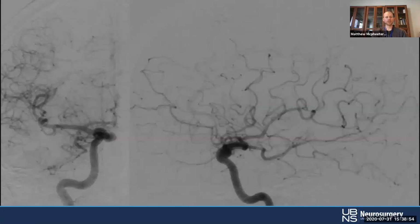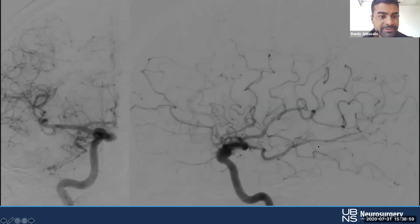Randy, what kind of injection and where do you see an aneurysm on this one? So this looks like a right common carotid injection, and the aneurysm is located at the superior hypophyseal artery. Perfect. So which direction is it pointing? Laterally. Oh, sorry, medially. Yeah, medially. Nose is over here. So you have your internal carotid. This is almost the exact opposite of the